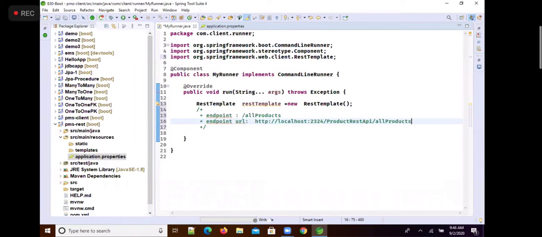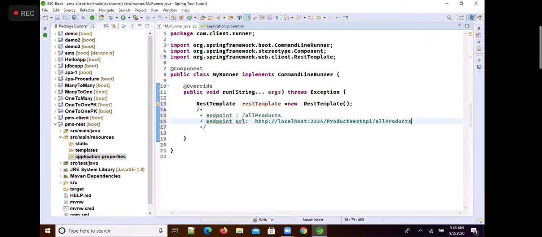This is the URL which I would like to call now. Now, which method do we want to use? The exchange method. Exchange method's first parameter is a URL. Second parameter HTTP method. Third parameter HttpEntity object. When to use the HttpEntity object?